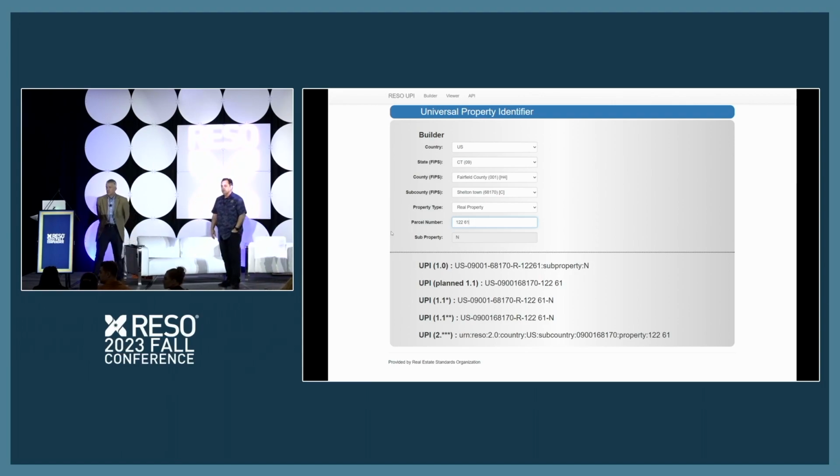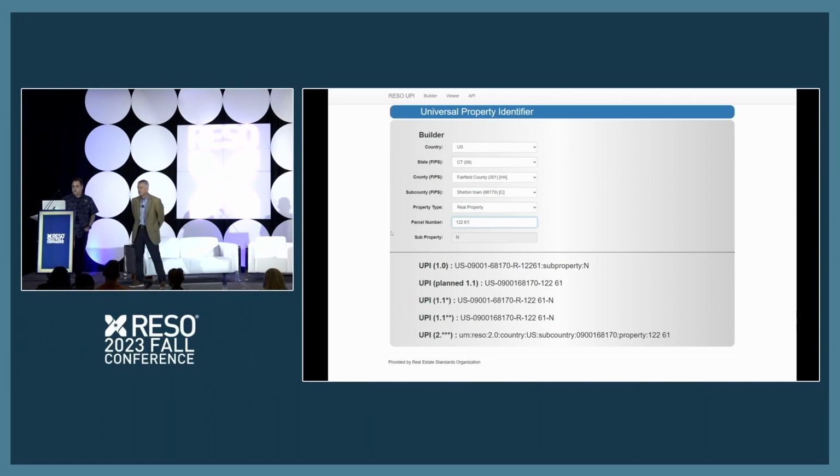So I see a lot of potential with the UPI, and distributed ledger is going to definitely use this, I believe. But I was wondering if there's any considerations towards dwelling units on the property, like a garage apartment, multiple dwelling units in a house. I know you address condos, but I was curious what you do beyond that.